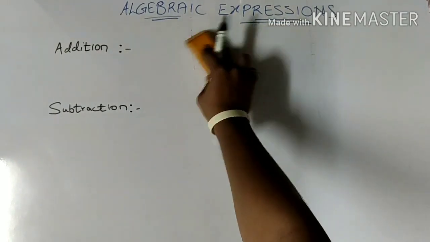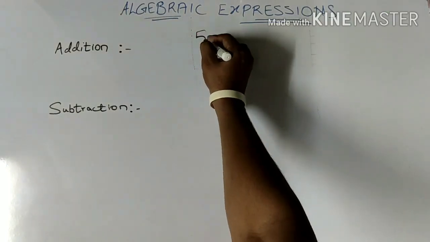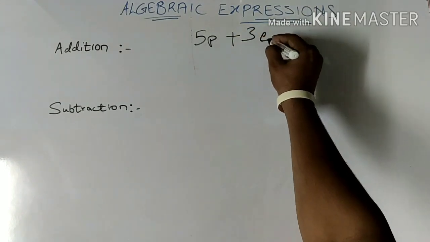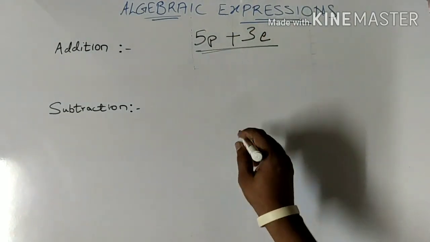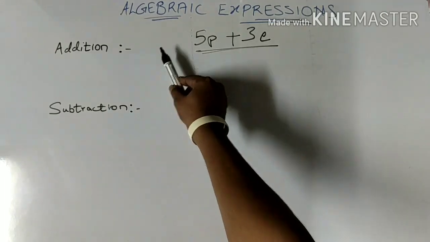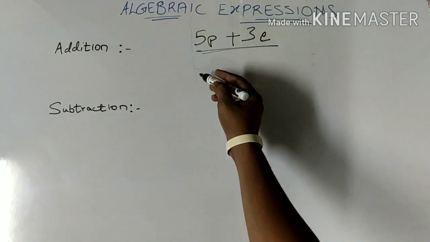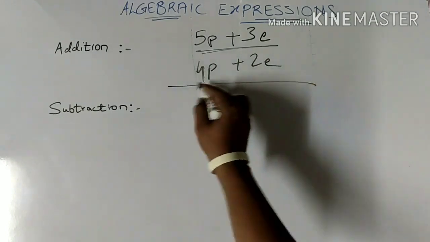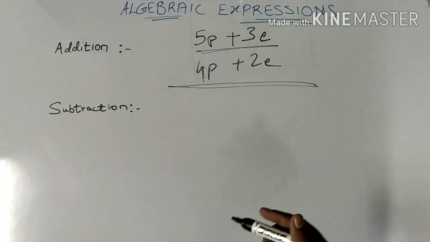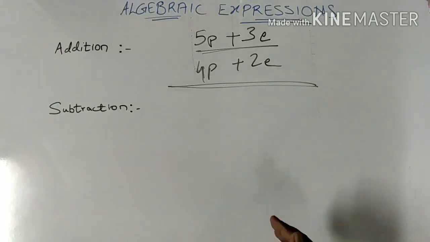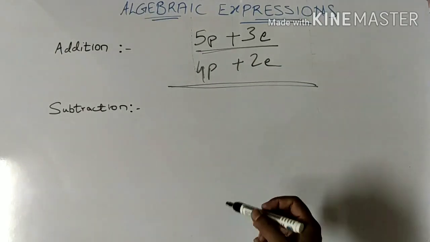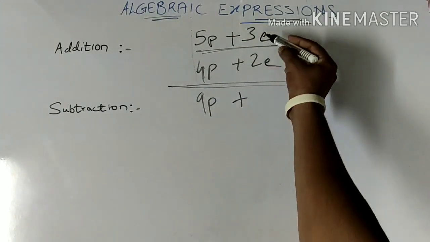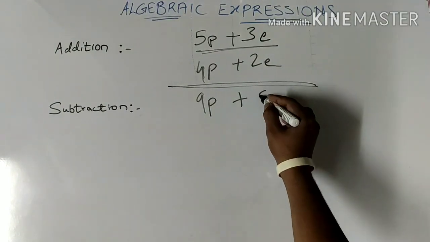Okay, now if I say 5 pens and 3 erasers, I want the addition of 5 pens and 3 erasers. That means consider an example of a person going and purchasing this, and another person from the same house going and purchasing 4 pens and 2 erasers. So how many pens and erasers do the members of that house have at the moment? So 5 pens and 4 pens will be 9 pens, and 3 erasers and 2 erasers will be 5 erasers.